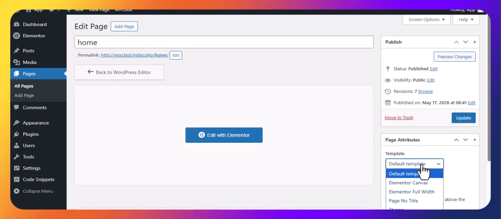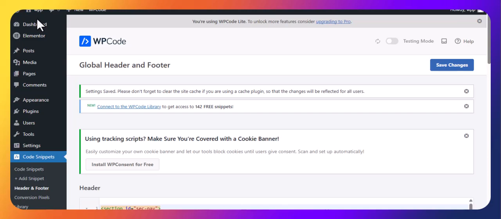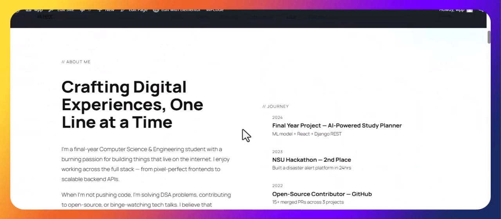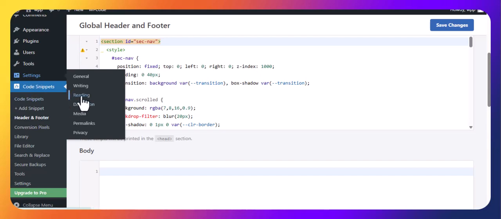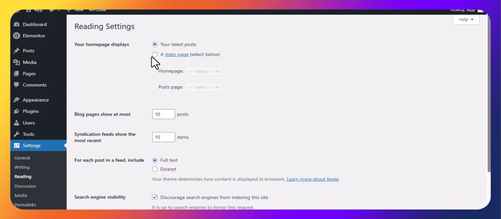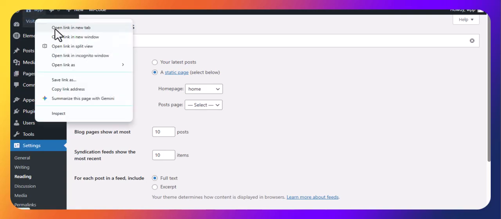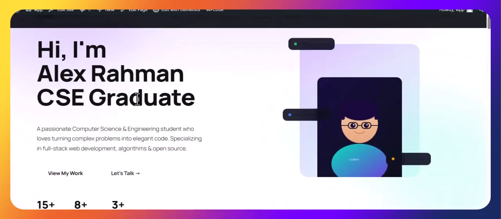In the pages, click edit. In the classic editor, everything is the default template, so put it to Elementor full width. So update this. Now when you visit this website, run it, here it's showing. Visit the pages, update the page, come and check. So now working fine. Make it the home page: go to settings, reading, and make it a static page, make it the home and run it. So go to the settings. Now this is the home page of our WordPress application. So this is section